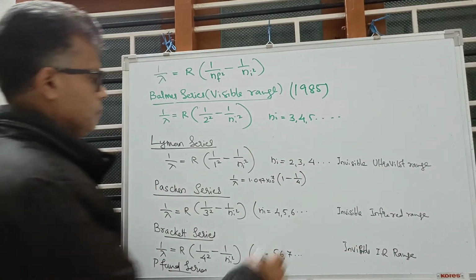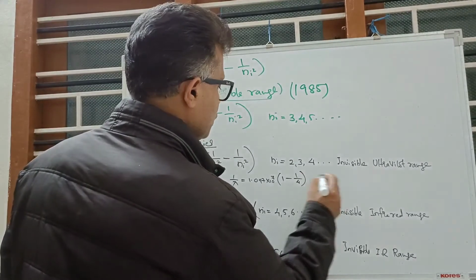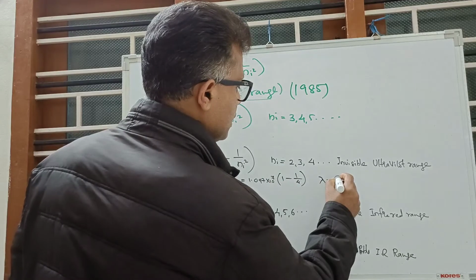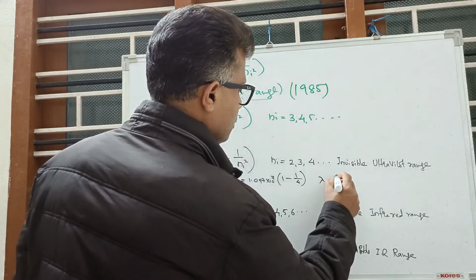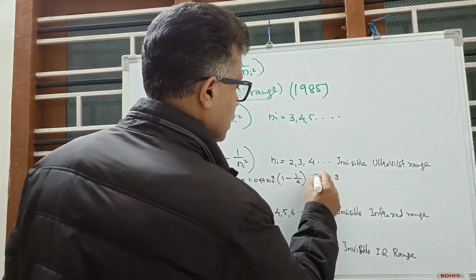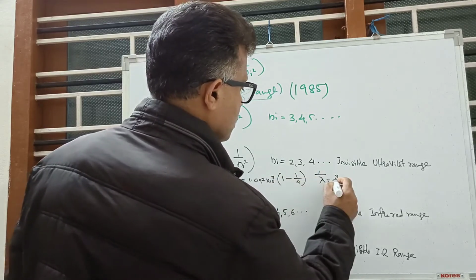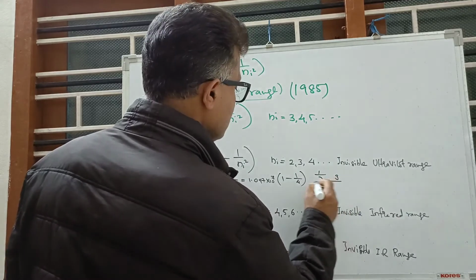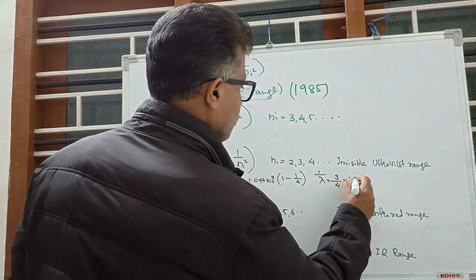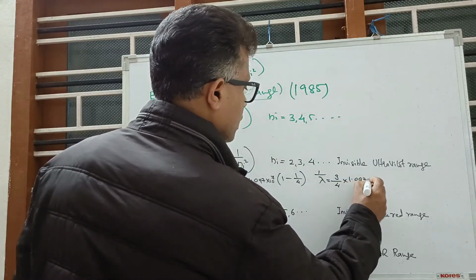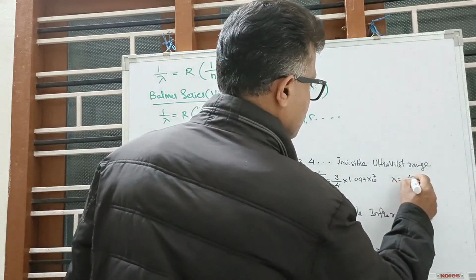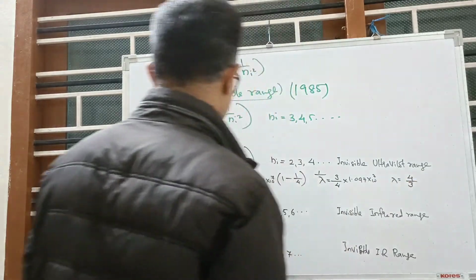So 4 minus 1 is 3. 1 by lambda is equal to 3 by 4 into 1.097 into 10 raised to 7. So lambda is equal to 4 by 3